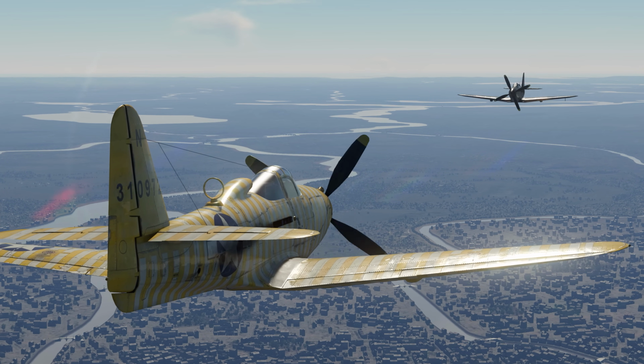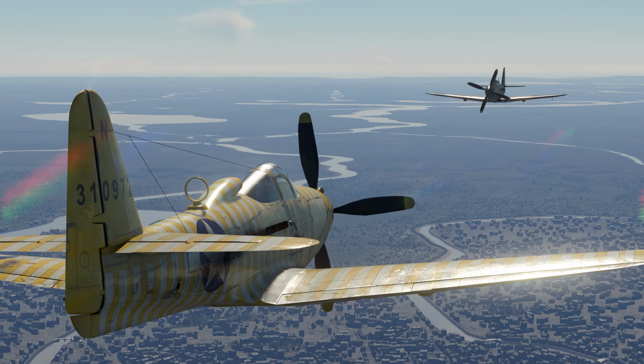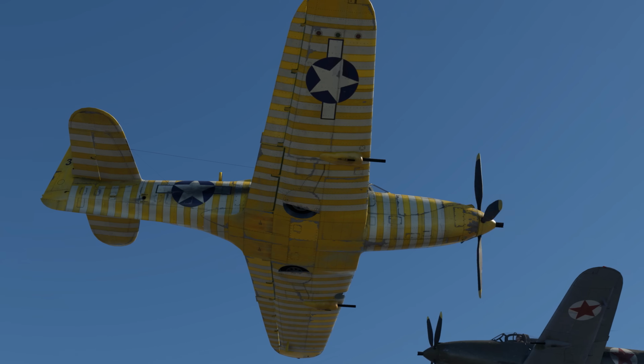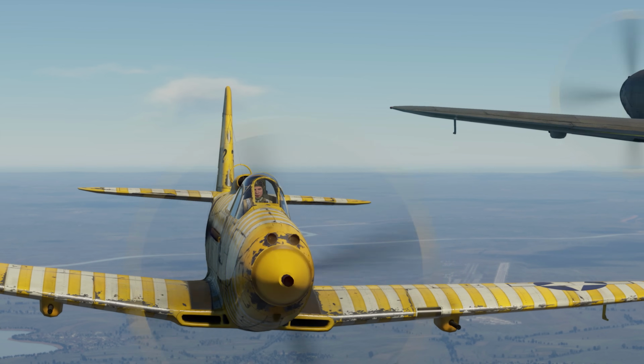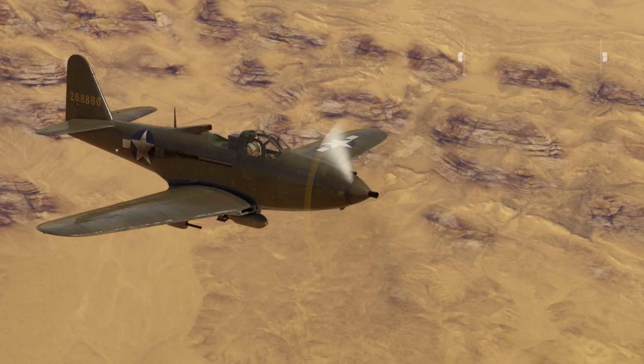The most advanced model of the Cobra family, though, is the P-63, also known as the King Cobra. There are 3 different variations of this aircraft in the game, and yeah, they are, once again, found in both the American and the Soviet tech trees, all thanks to the Lend-Lease policy. Let's start with the